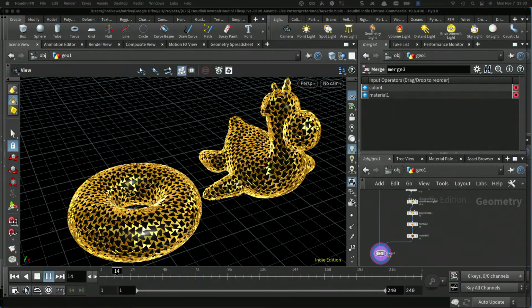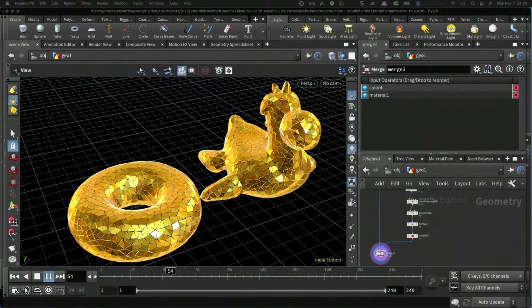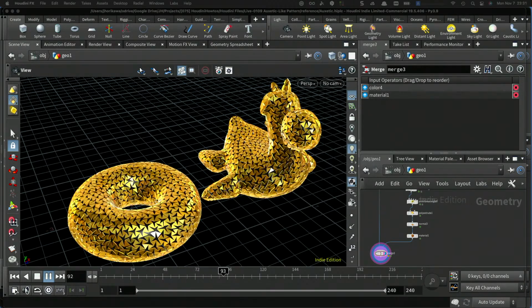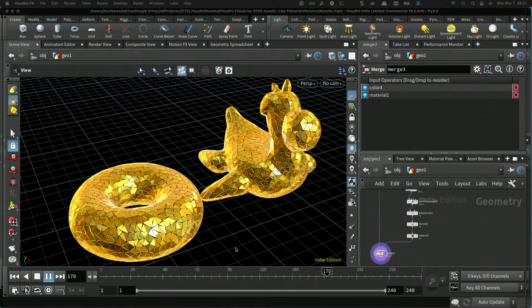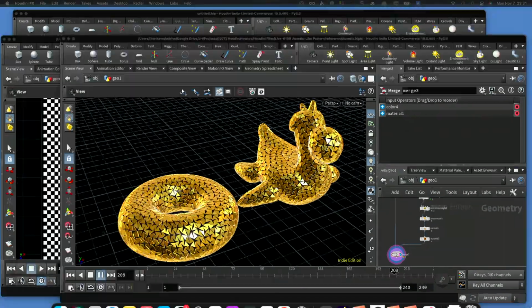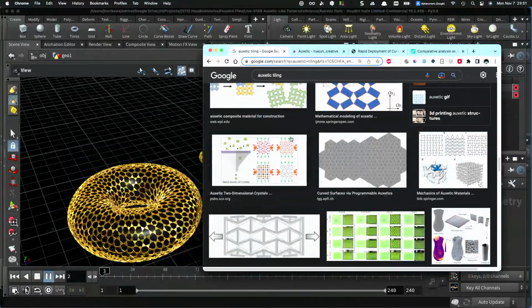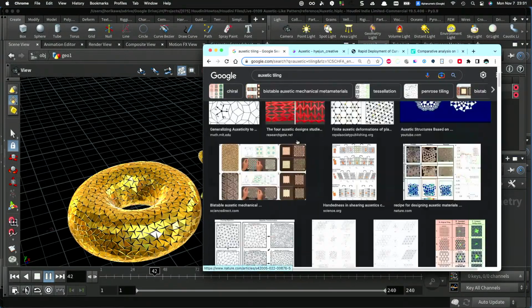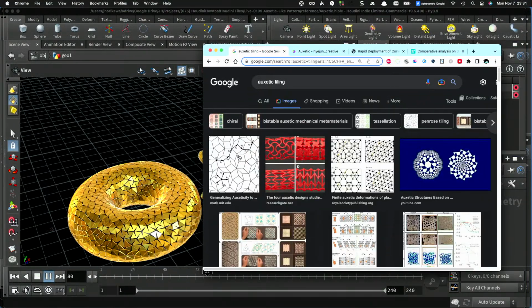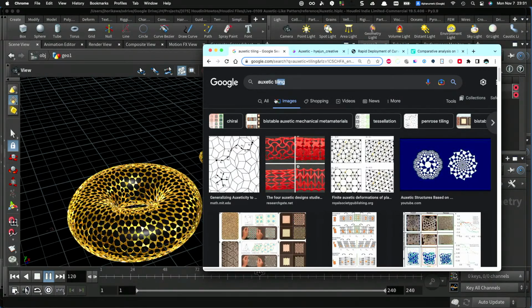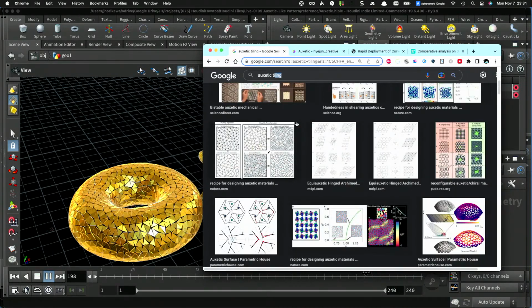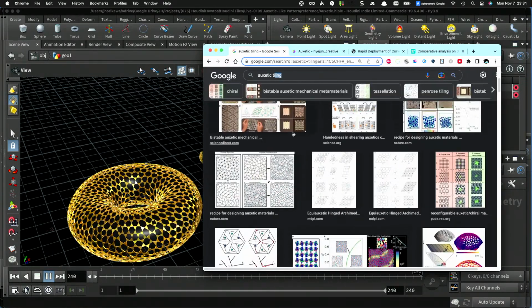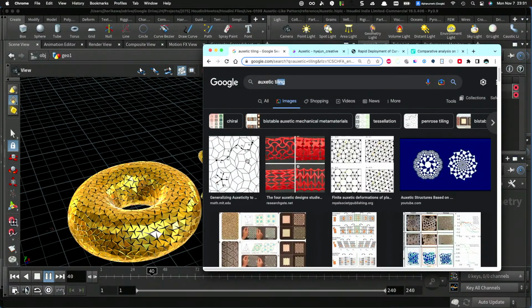The topic for today is to create one called Auxetic-like pattern. The reason why I'm saying Auxetic-like pattern is because the one that I'm going to show you today is kind of a fake Auxetic pattern, because the real Auxetic pattern you see if you search on Google Images, the Auxetic tiling, is the one that is used for most of the time digital fabrication, which part of the tile never changes. It's a rigid